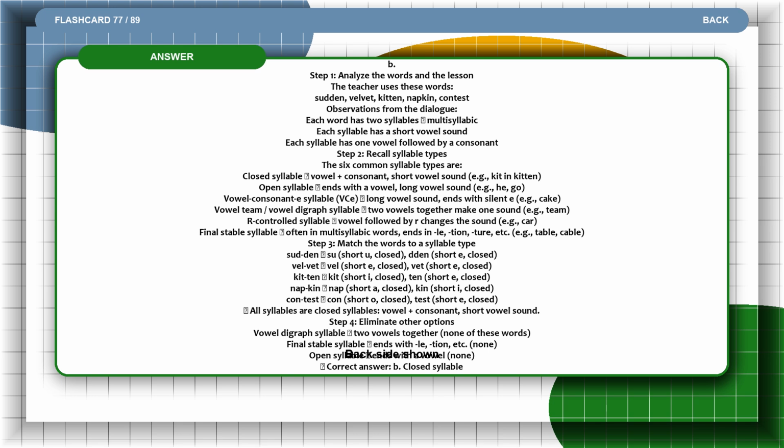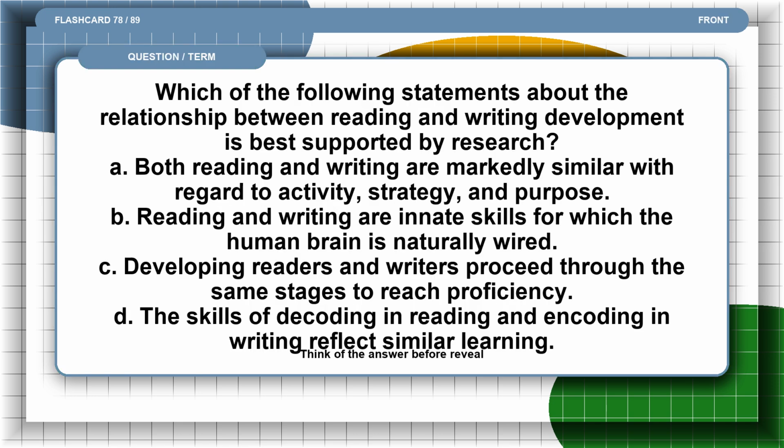Non-open syllable, right arrow, ends with a vowel. Correct answer B. Closed syllable. Flashcard 78. Which of the following statements about the relationship between reading and writing development is best supported